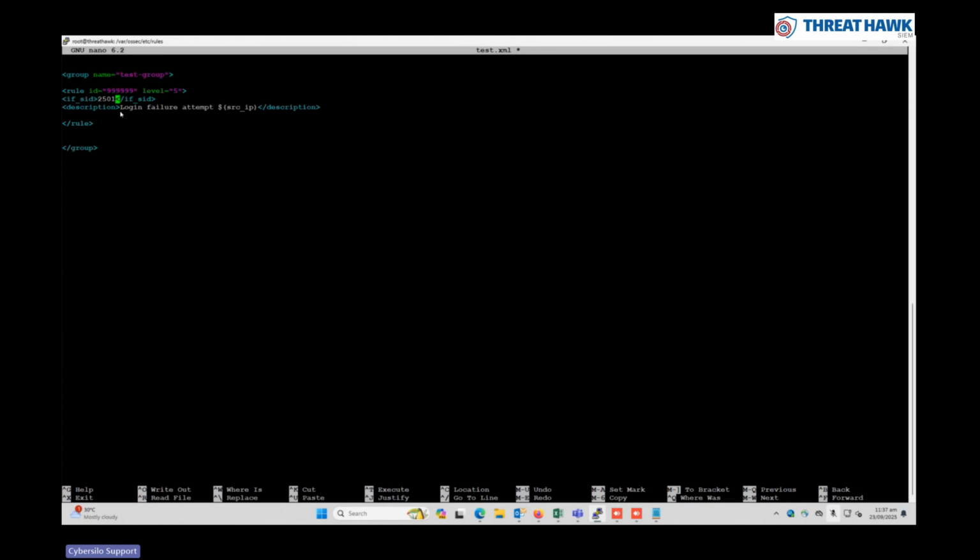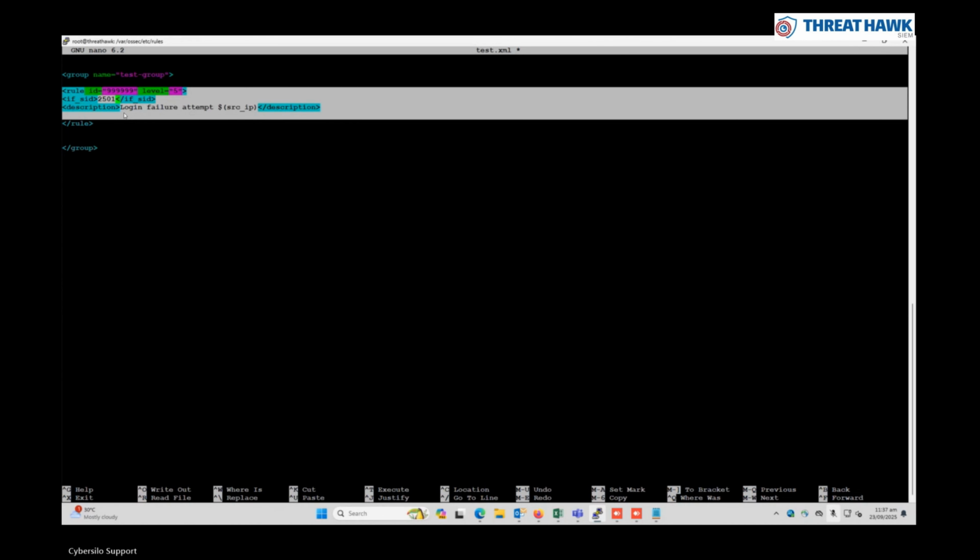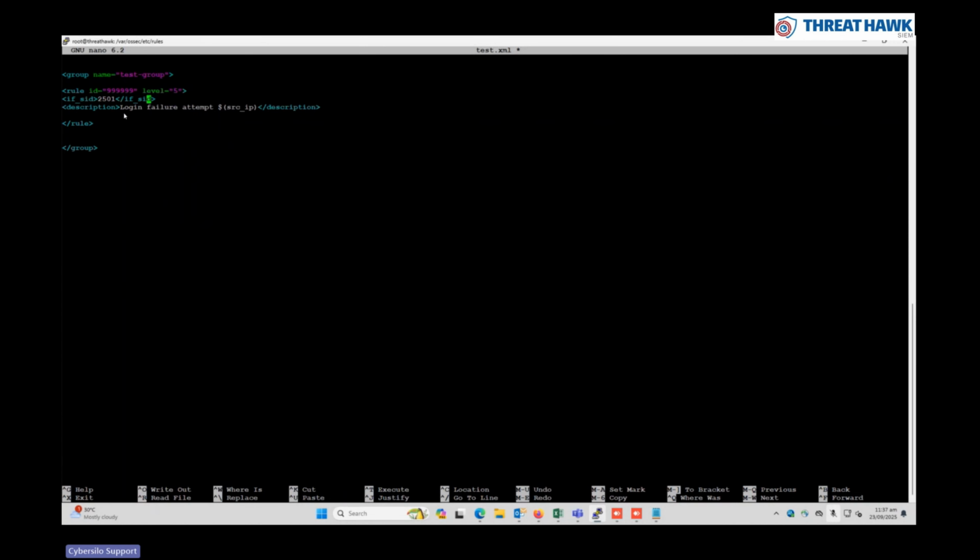Now, what will happen? If 2501 hits, then this rule will hit. So, that is one thing since I have it open. I will also show you a little bit of conditioning so you can apply conditions in this as well. You say that if it is happening on this port, then I should get an alert, and if it is happening on any other port, I should not get an alert. What will you do for that? A tag called field is used for that. You will open it,